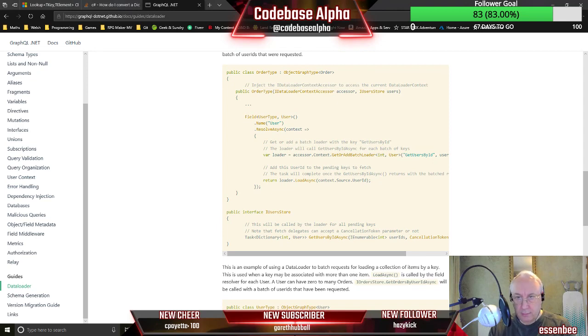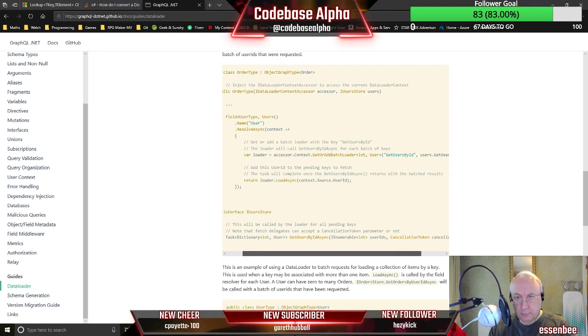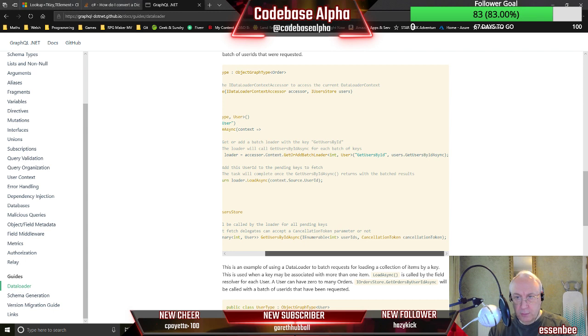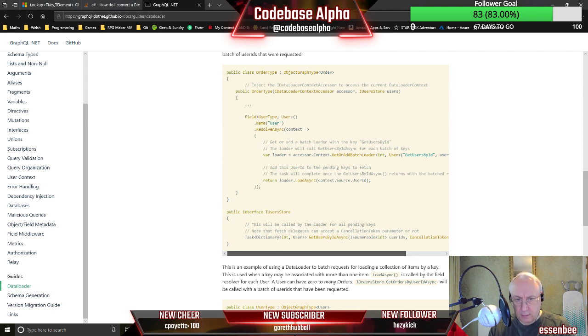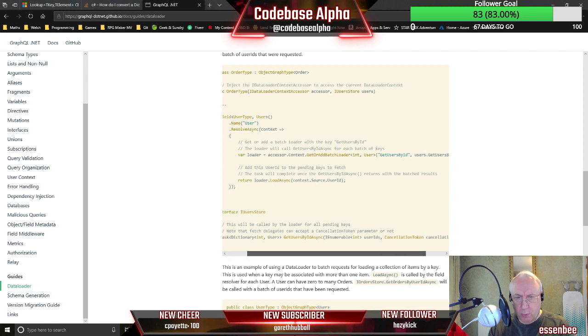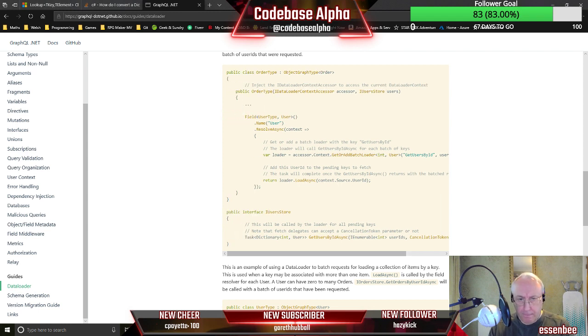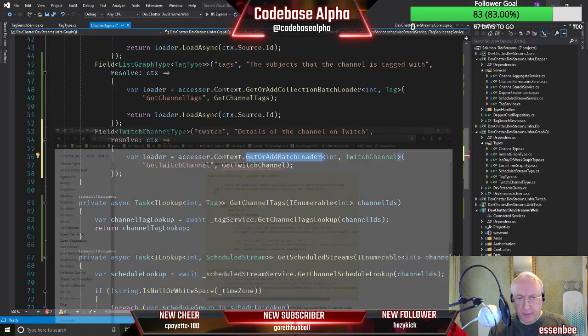Okay, get users by ID async. So it's definitely returning a dictionary, isn't it? A dictionary of int and user. So that's what we want to return. Okay. So dictionary of int and user.